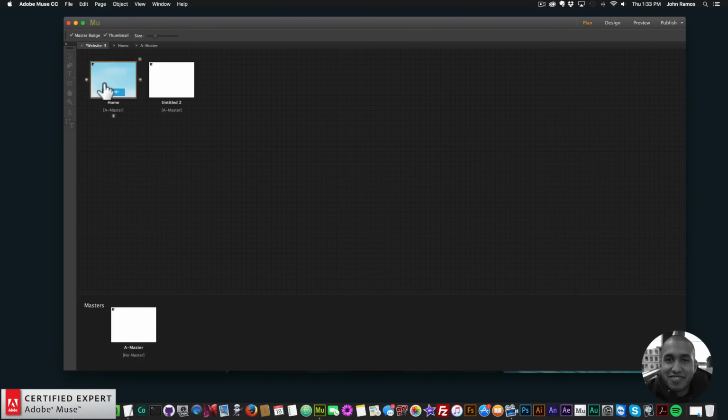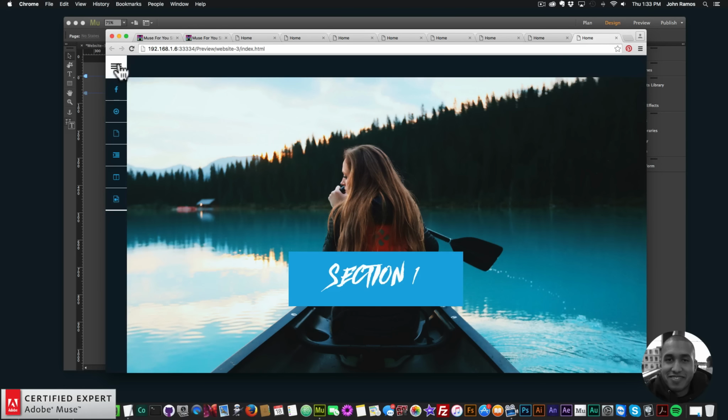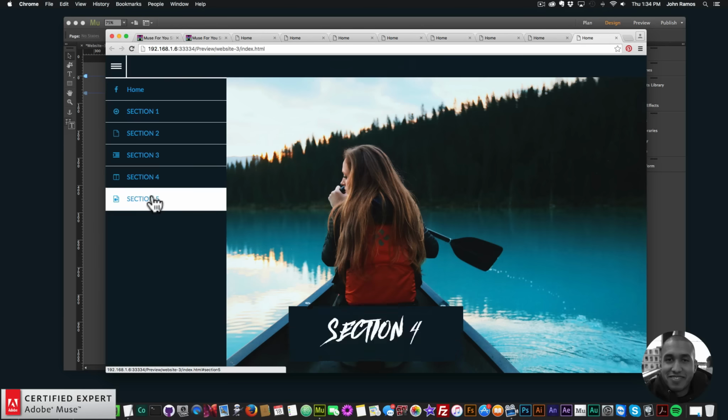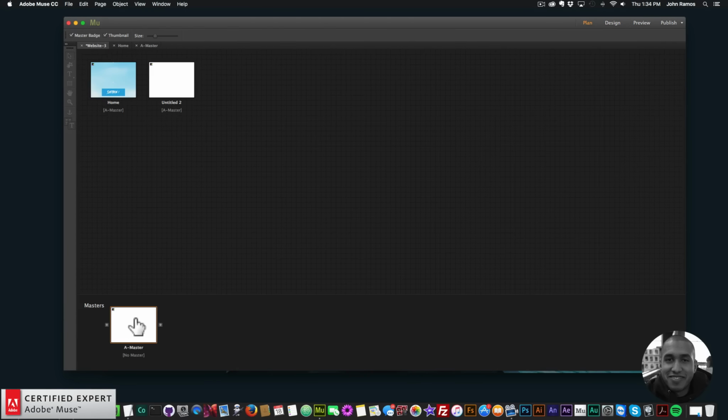And now if I go to plan, I go to the home page, I go to File, Preview Page in Browser. I go to the menu and I click on section 2. It kind of has a different easing to it. And if we notice, the menu is still behind some of these sections, and that's because in the master page,